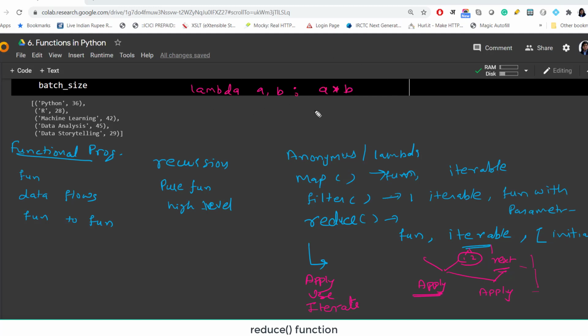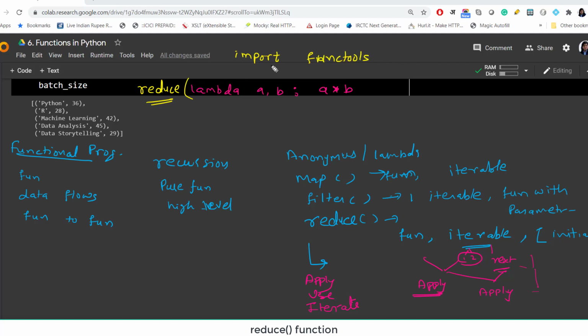For this lambda function, if we want to apply reduce, how will that work? We will write reduce here. But it is not in Python's standard namespace, so we need to first import it. How will we import it? We will import it from the functools module.